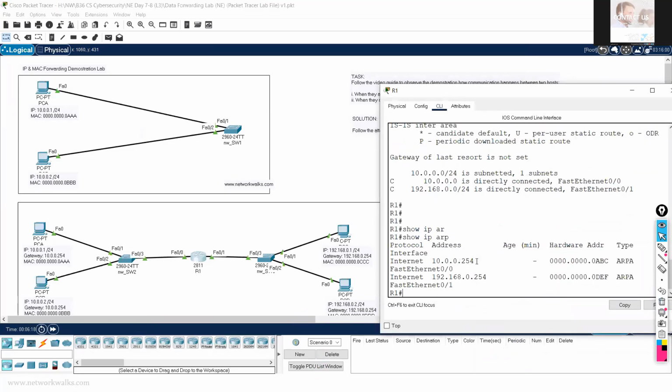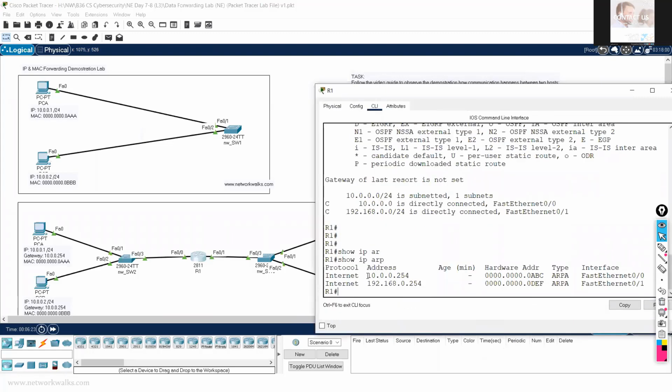Then show ip arp. This is the ARP table, Address Resolution Protocol. Same as my local computer, a router is telling me that there is a computer, a server, a host, desktop computer, laptop, mobile phone, anything which is connected. It has this IP address and this MAC address, ABC, something like that.